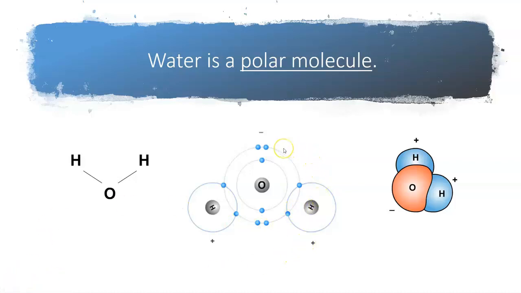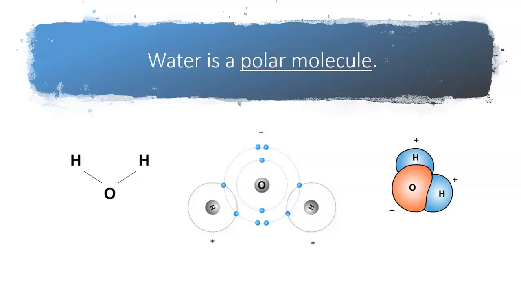Because the oxygen atoms, right, are bigger, they're more electronegative, which means that the electrons that typically hang out around hydrogen, the oxygen is going to draw in those electrons. So what ends up happening is most of the electrons will hang out closer to the oxygen atom, and they'll be drawn away from the hydrogen atom. Now remember, electrons are negatively charged. So if all of the electrons are hanging out closer to the oxygen, that means this side of the molecule here is going to be more negatively charged.